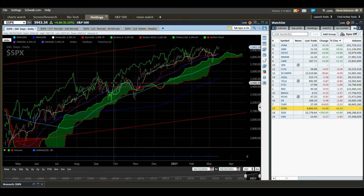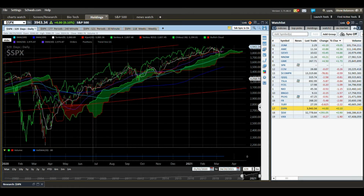Price goes below that and all hell breaks loose, just like we did here in the pandemic crash. Price broke below the 200 moving average. If you're a swing trader, a daily close below the cloud is a signal to get out. If you're a long-term investor, I would maybe raise some cash, but we had no idea how far down this